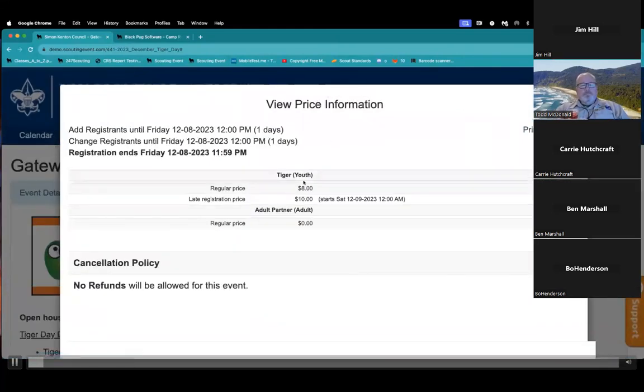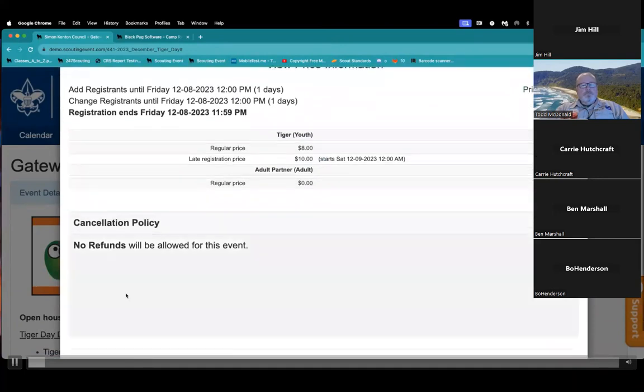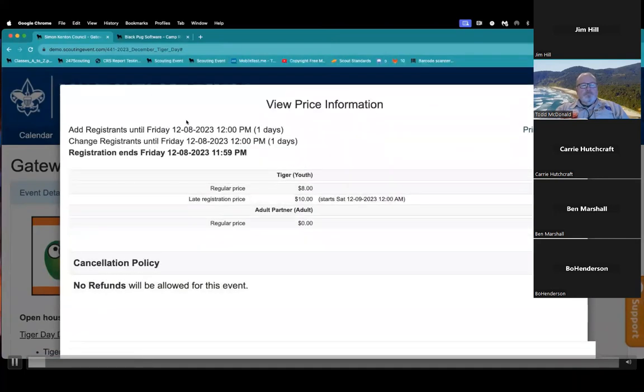It's pretty simple fees here. The Tiger Youth has an $8 fee and a late registration fee of $10. The adults have no fee on them. There's also the cancellation policy listed here, and you'll see additional information sometimes if there are early discounts or late fees on the event. And all of this can be printed if needed.